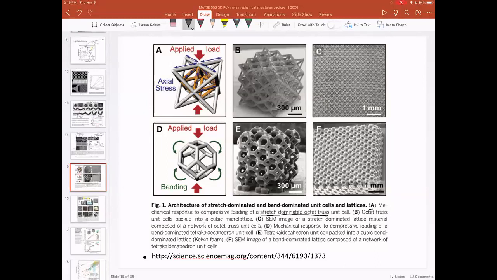This is the one right here. This is a bend-dominated decahedron type unit cell. So you can see that